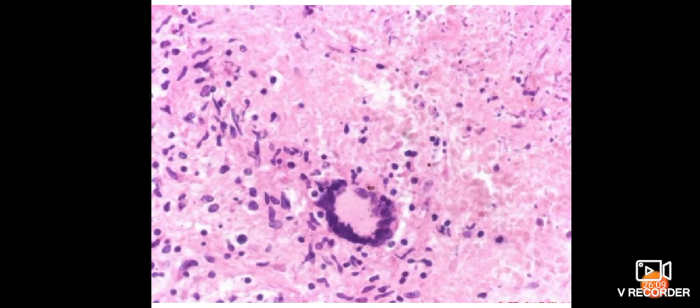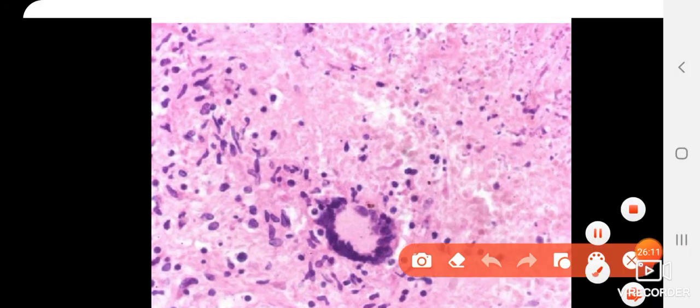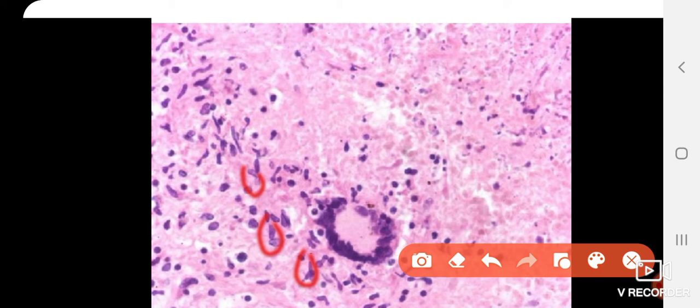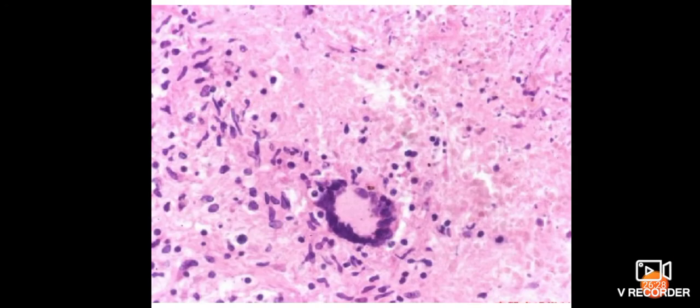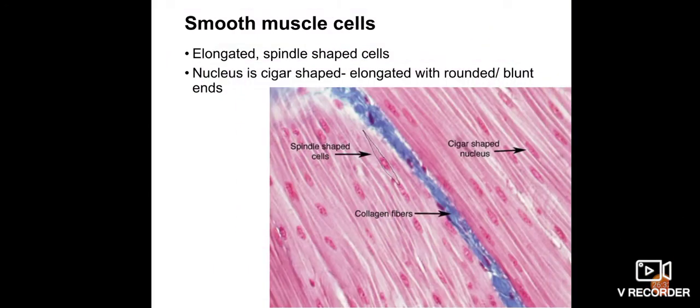That was a cytology slide. This is a histopath slide where you can see these cells which are slipper in shape, and these are macrophages. This is your giant cell, Langhans giant cell. These are all your macrophages. So these are all your epithelioid cells.